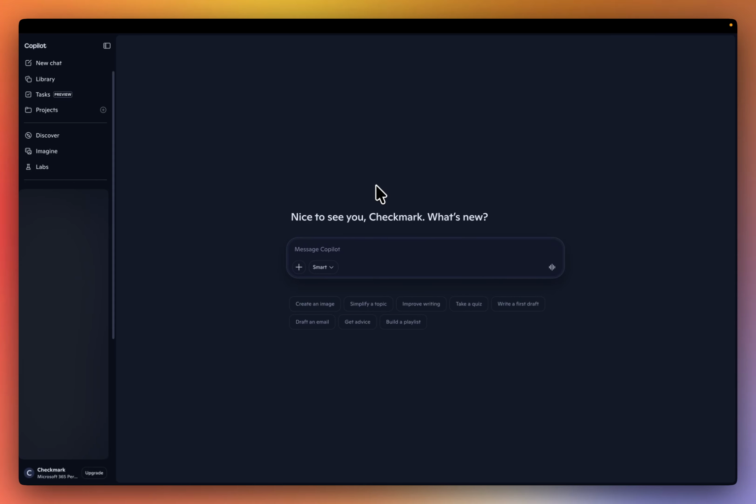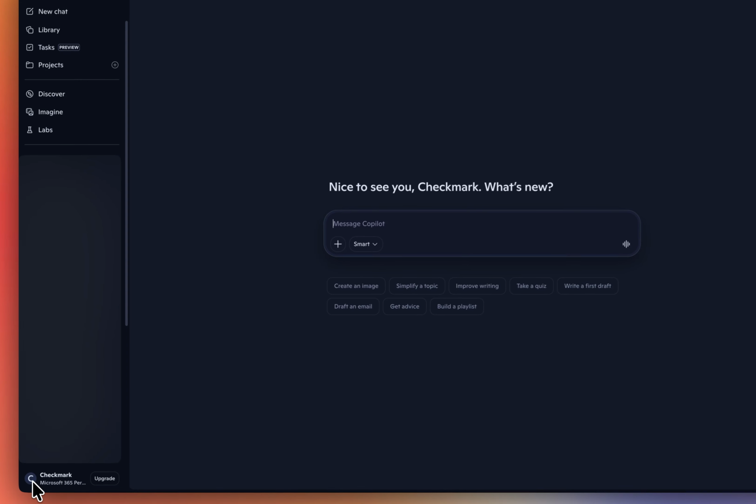How to cancel your Microsoft Copilot subscription. So if you don't want to use it anymore and you want to stop billing, the cancellation option is hidden inside our Microsoft account. So if you are in Copilot like me, you have to click on your profile in